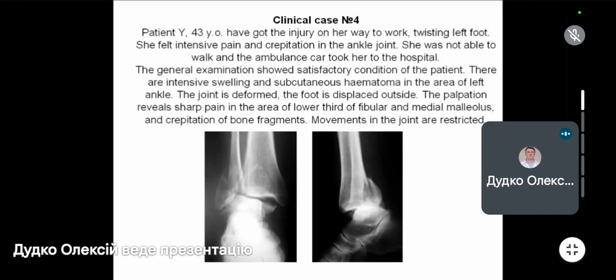gradual weight bearing, and other types of physiotherapy. That's what is your correct answer on cases related with bone injuries. Okay, students,